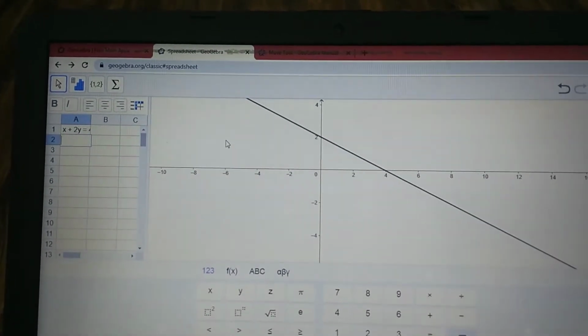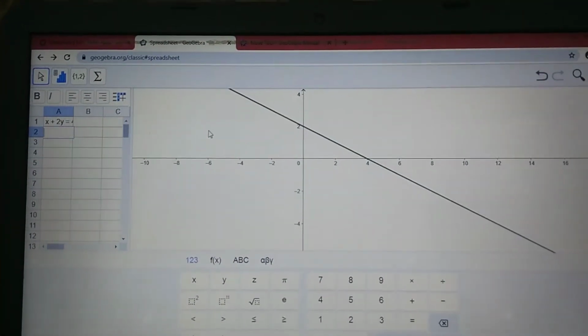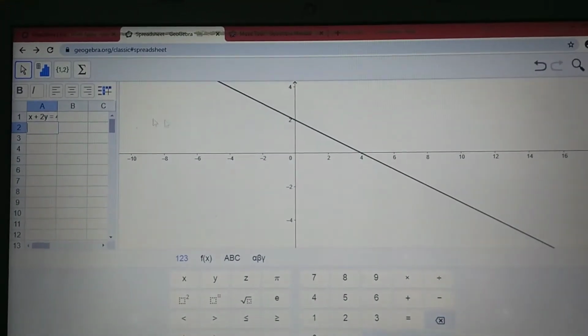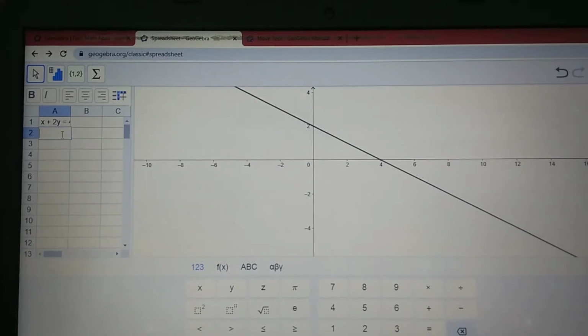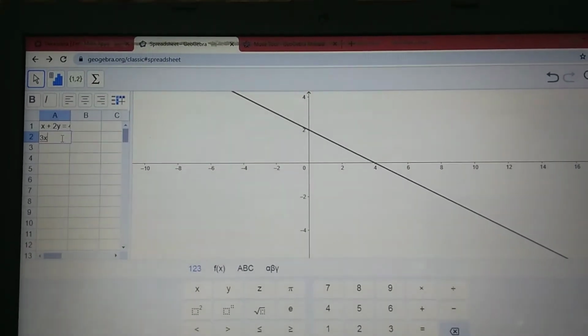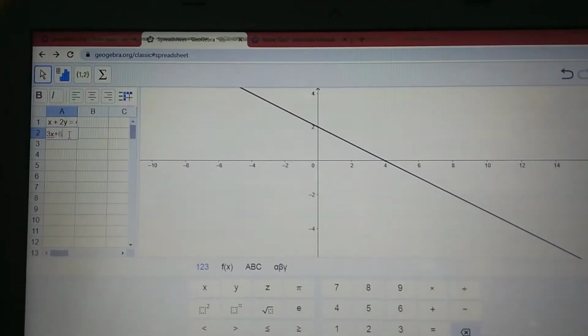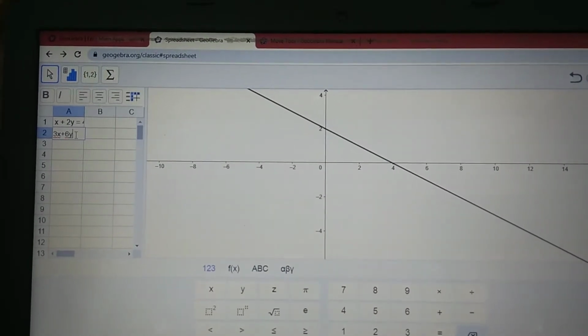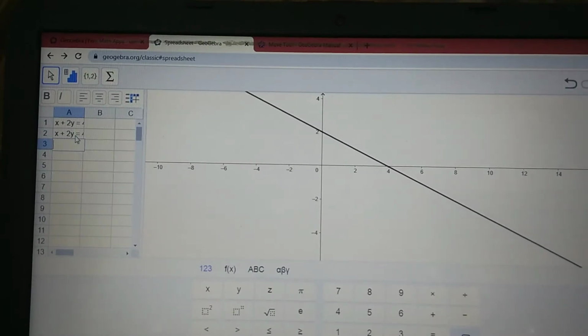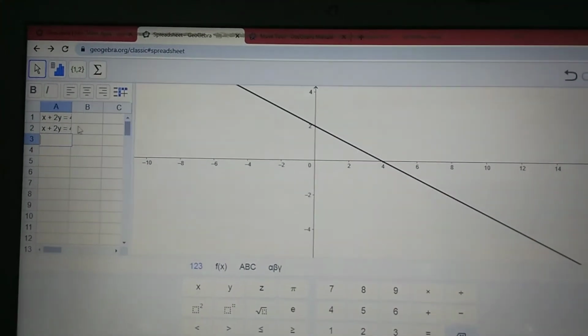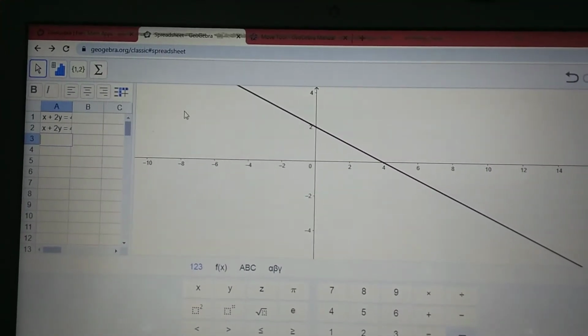Now let's quickly take on the next equation, that is 3x + 6y = 12. We are going to write it over here. 3x + 6y = 12. As soon as you click on enter, see, both the lines of the equations are coinciding.